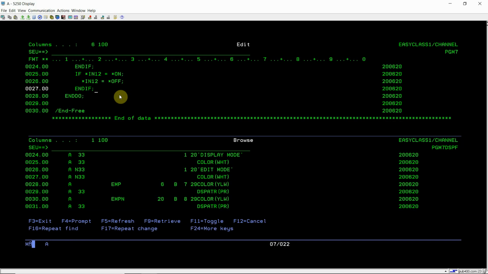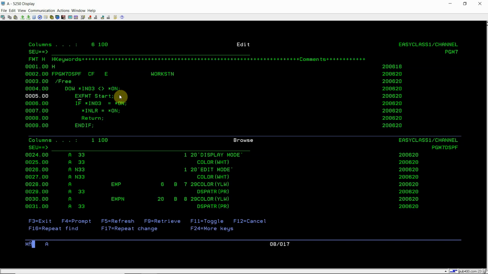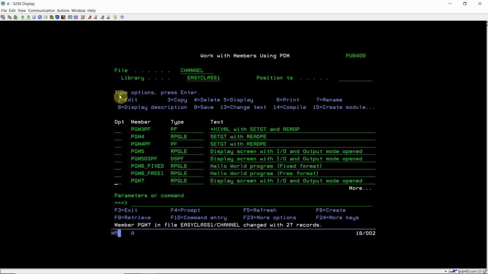I didn't have to do anything else, because once this condition is executed, that is if it sets as off, it will come to undo. It will check if F3 is on, meaning we have pressed F12, not F3. So once F3 is on, we are again on the first screen, that is the start screen. Here if I press F3, I'll be exiting from the program. If I press F6 or F7, I'll be executing those sections. Now this program ends here only.